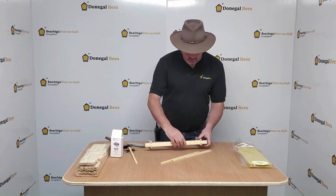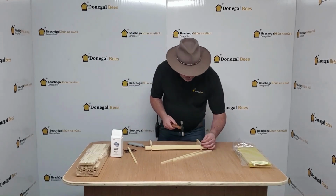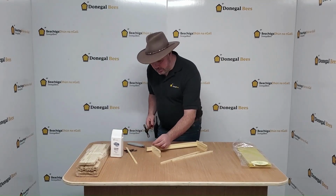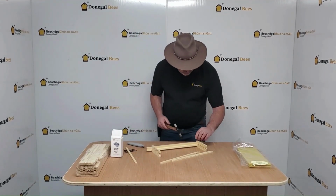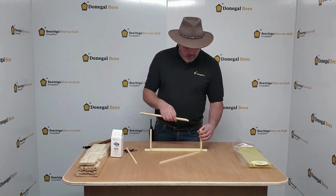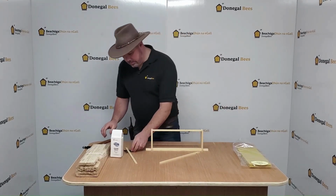So if we put in both of those, we set the frame down and put a nail straight through. We turn it over and we just repeat the process on the opposite side. The next step is the bottom bars. Some people put 1 in place, others put 2 in place when assembling. They should slot nicely into place, snugly into place. Repeat by